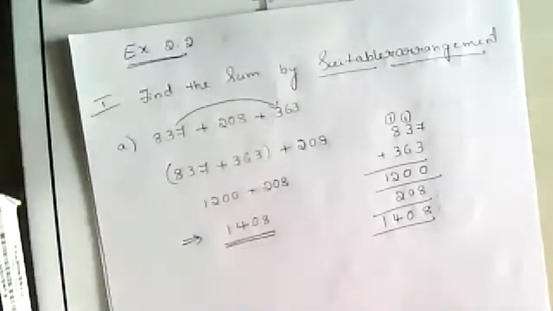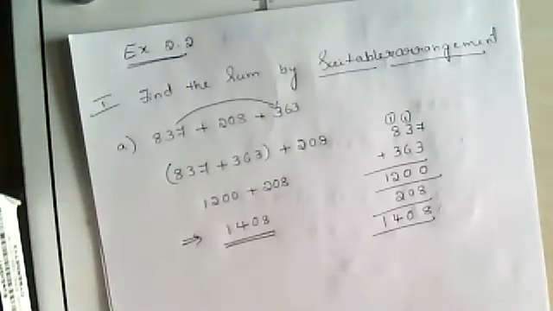If you add these three numbers, you will get the same answer. But you have to rearrange and then add. In this lesson, you have to learn the arrangement of numbers. If you find the sum using our traditional addition, we won't give you marks. You have to learn the rearrangement of numbers.